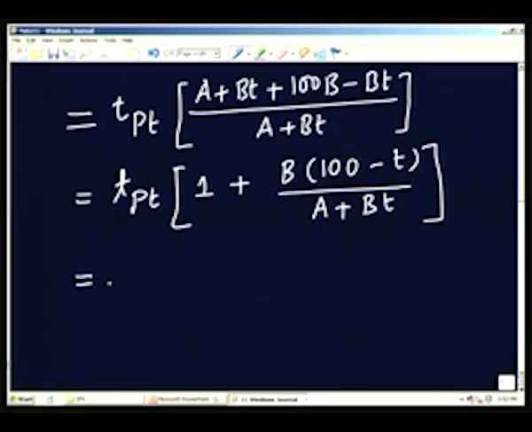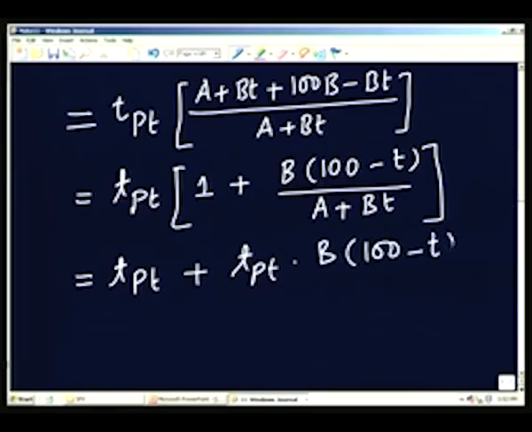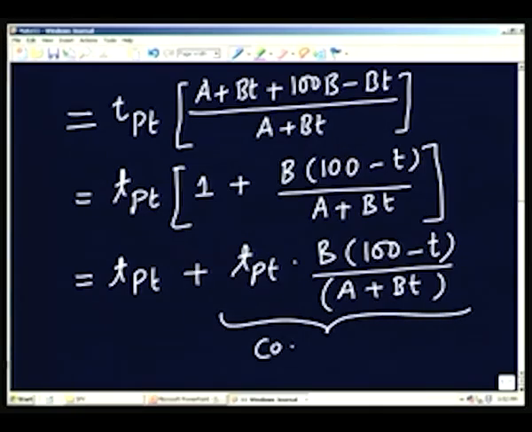So, I can say this is Tpt plus Tpt multiplied by B into 100 minus T divided by A plus BT. This will be your correction,